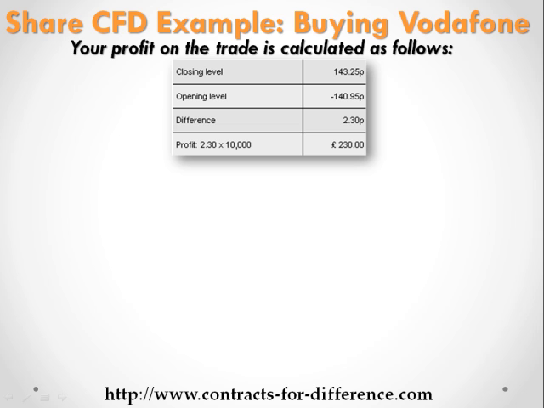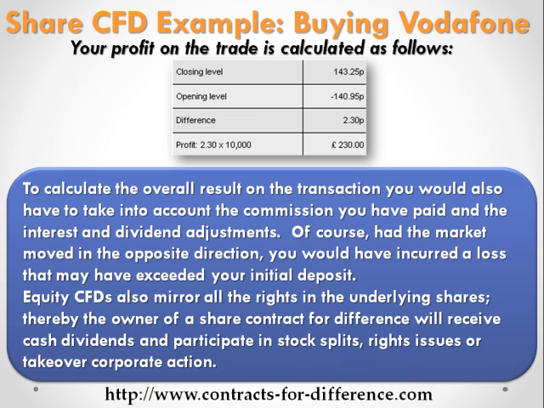Now this example here will show you how your profit is calculated. As you can see, you'd have made a profit of £230. Now, in order to calculate the overall result on the transaction, you would also have to take into account the commission you have paid and the interest and dividend adjustment. Of course, had the market moved in the opposite direction, you would have incurred a loss that may have exceeded